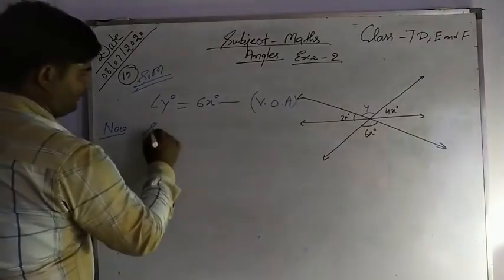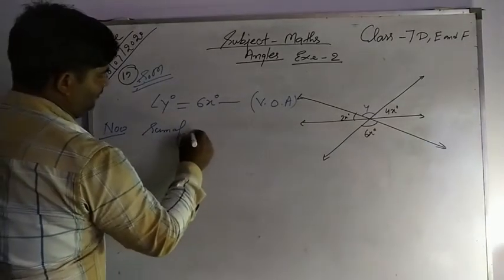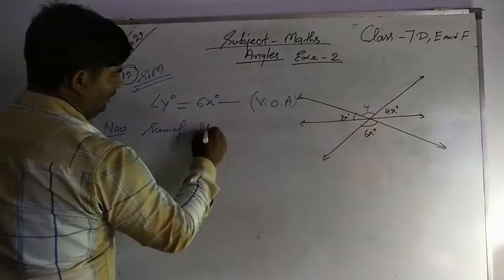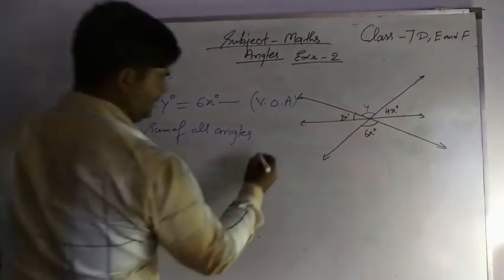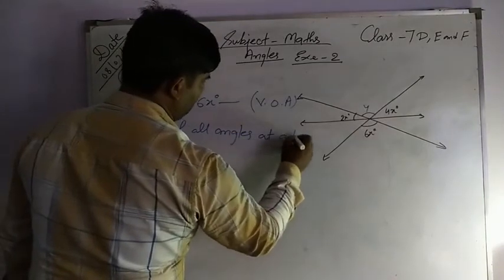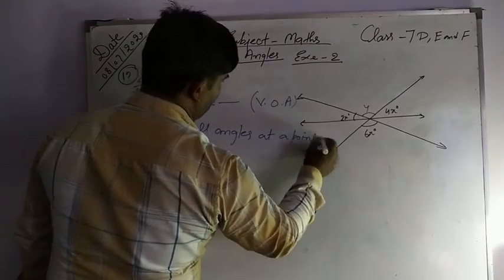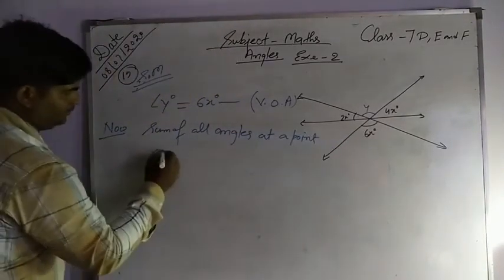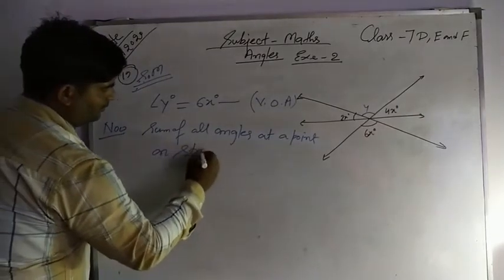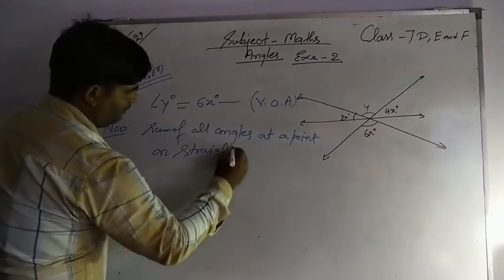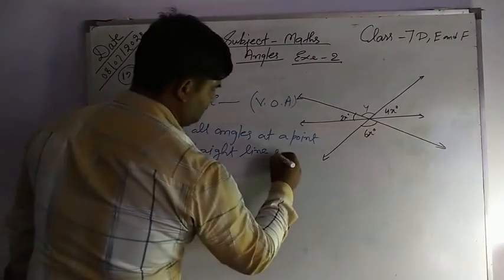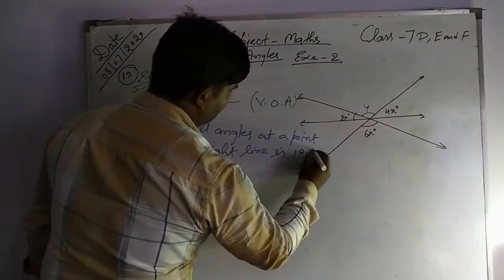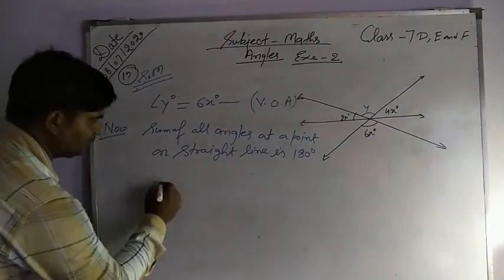The sum of all angles at a point on a straight line is 180 degrees. So therefore we write,